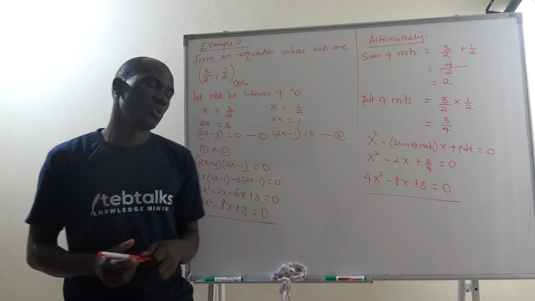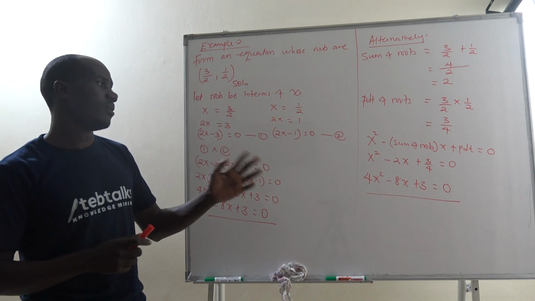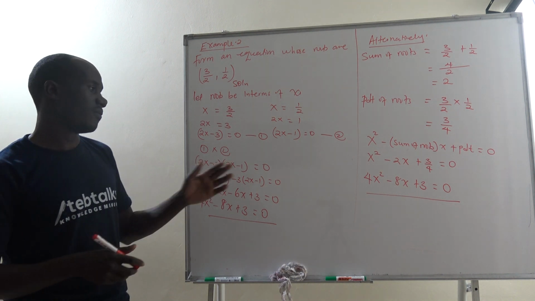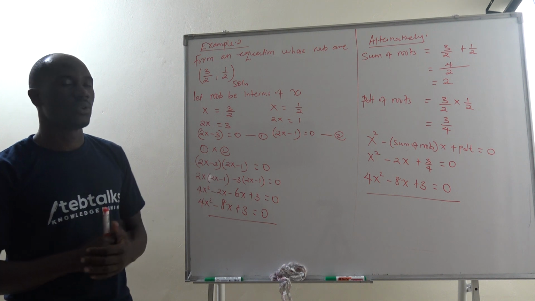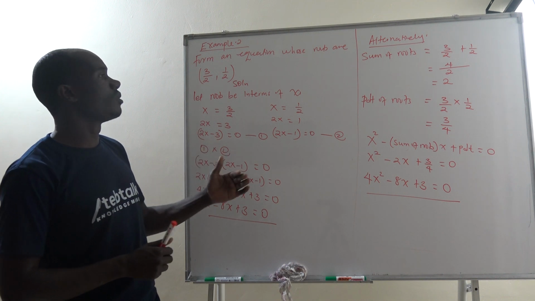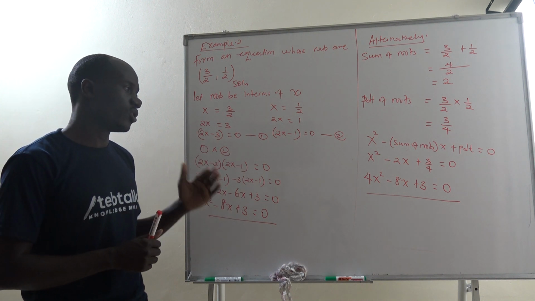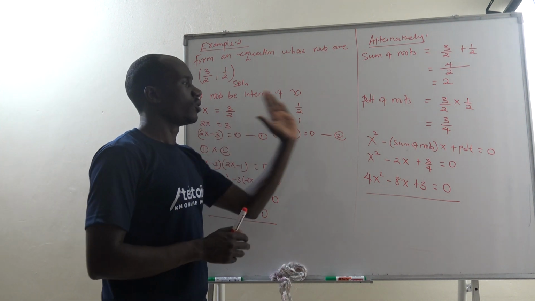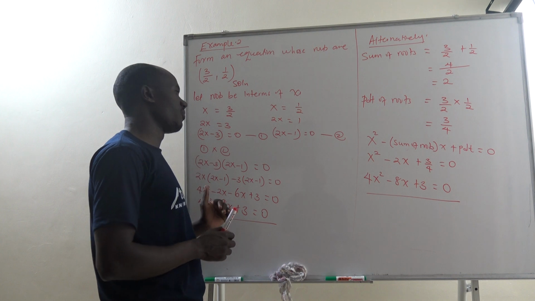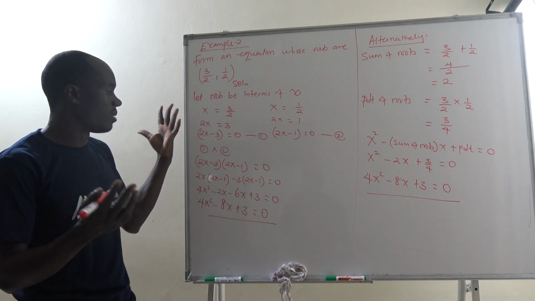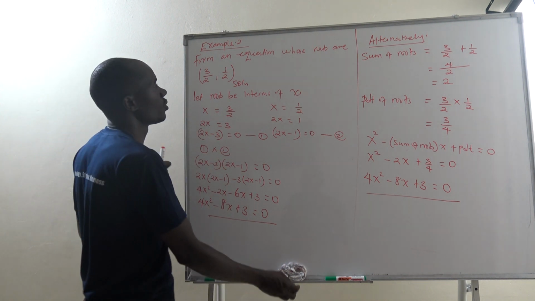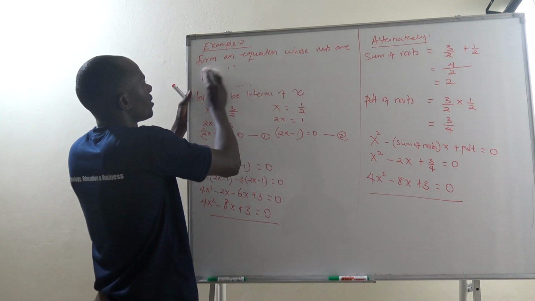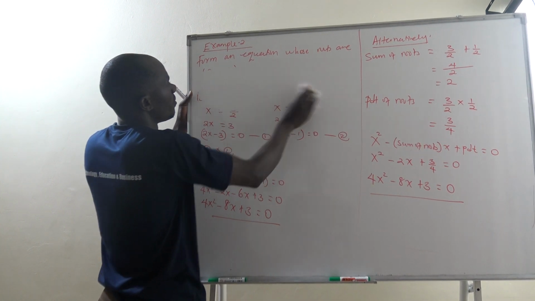So you can easily choose which one is the best for you when you are forming the quadratic equations. So when I'm proceeding with other examples, I'm not going to be using the two alternatives. I would beg you to use what is right for you, but for me, I will use the first method. Okay, let's go to example 3. Example 3, form an equation